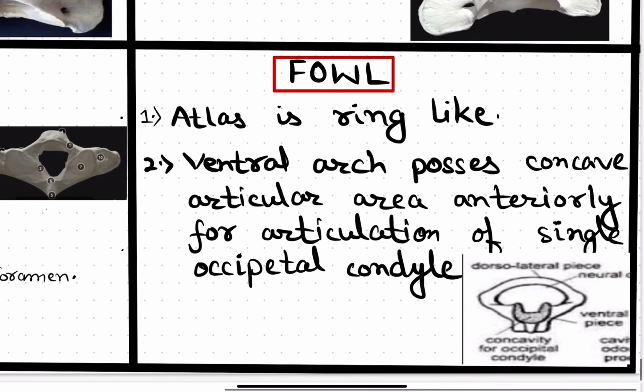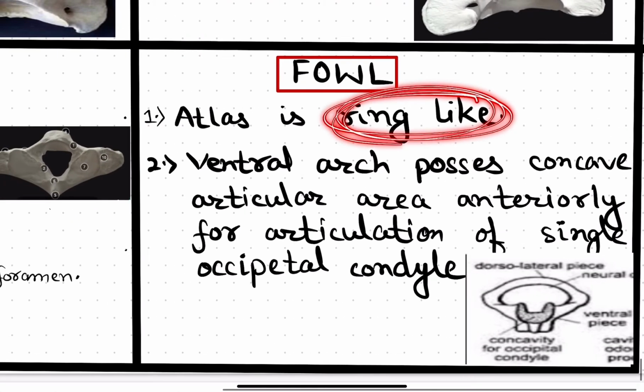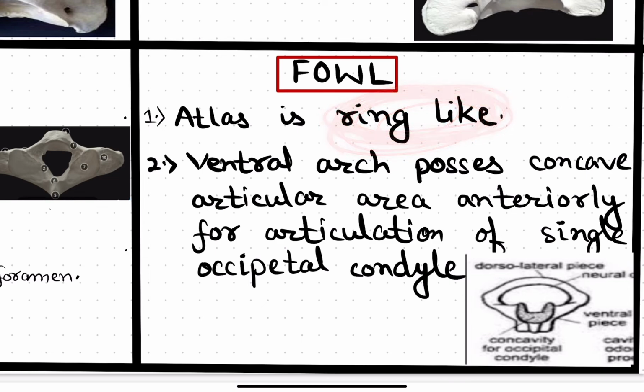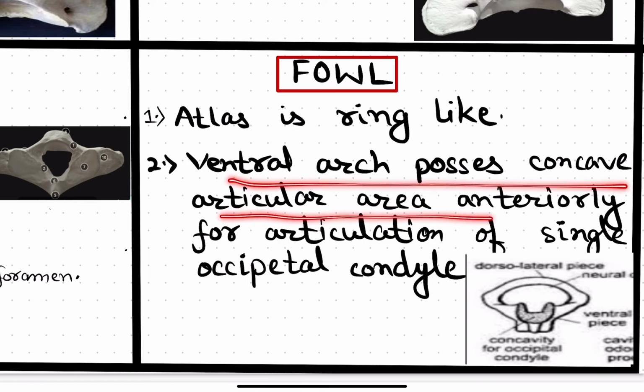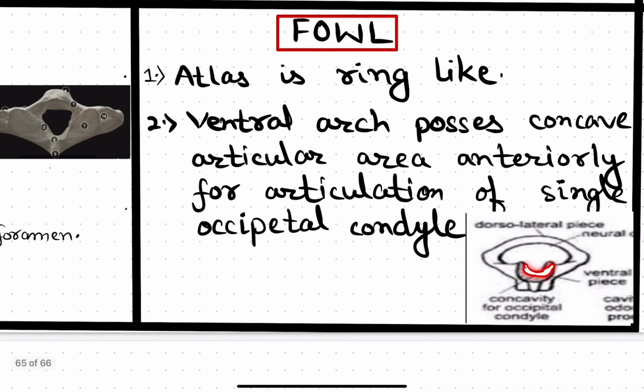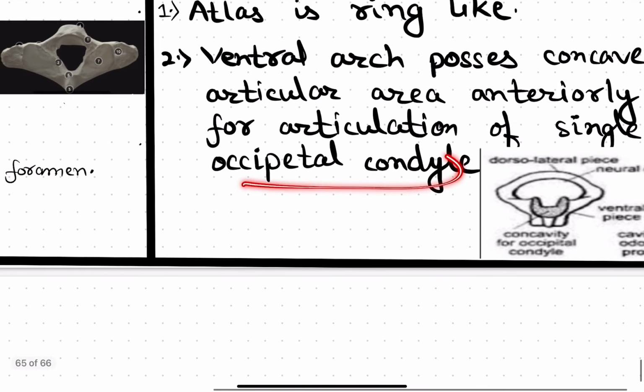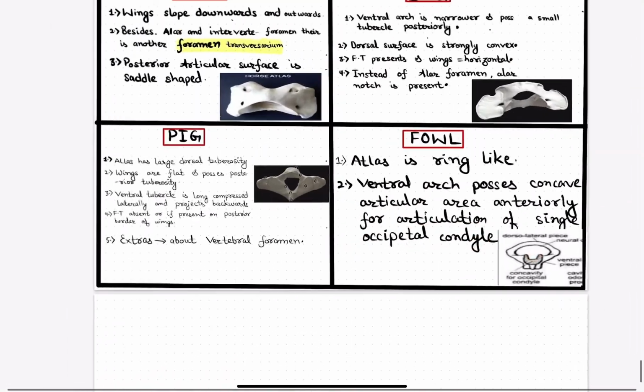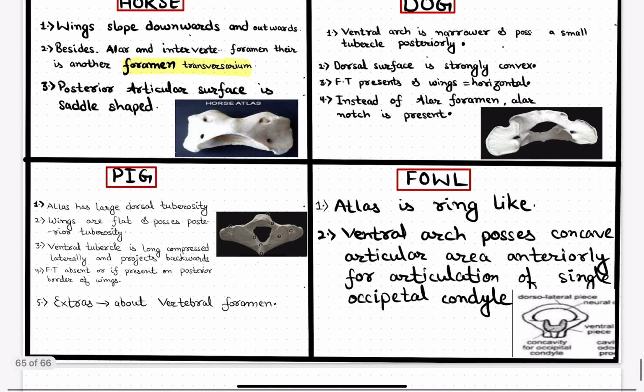Now let me come to the fowl. The most important thing we have to remember is that the atlas of the fowl is ring shaped. You can see it is ring shaped. The ventral arc possesses concave articular surfaces. This is the ventral arc and it possesses the concave articular surface. You can see it is concave anteriorly. This is the anterior region. Anteriorly they are concave in shape for the attachment of a single occipital condyle. There would be a single occipital condyle, not two, like in humans where we have two condyles. This was all about